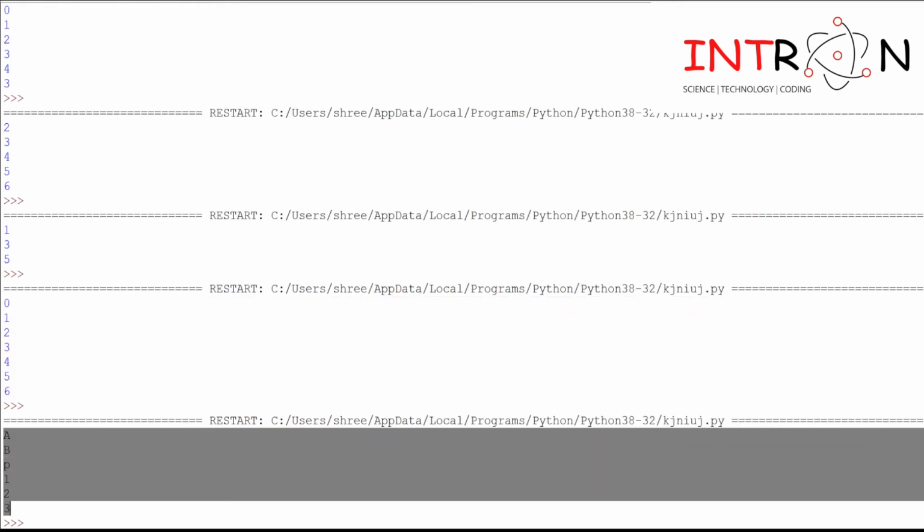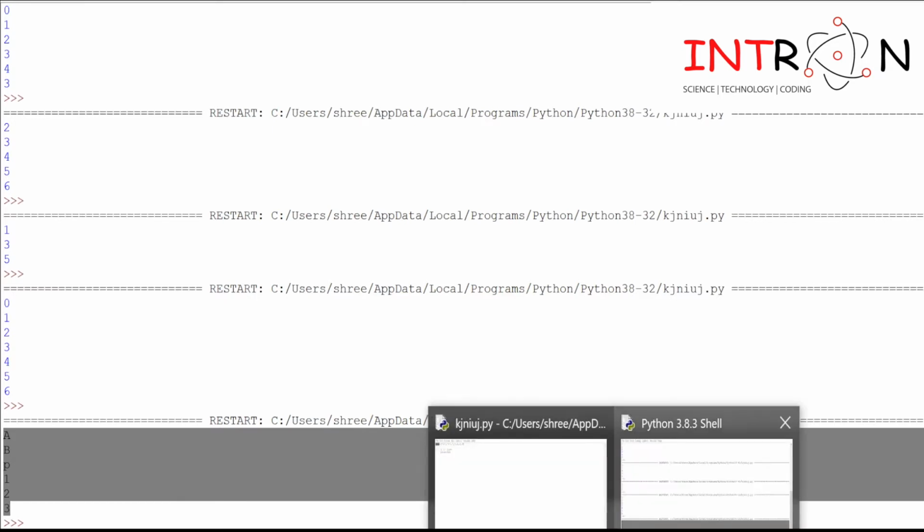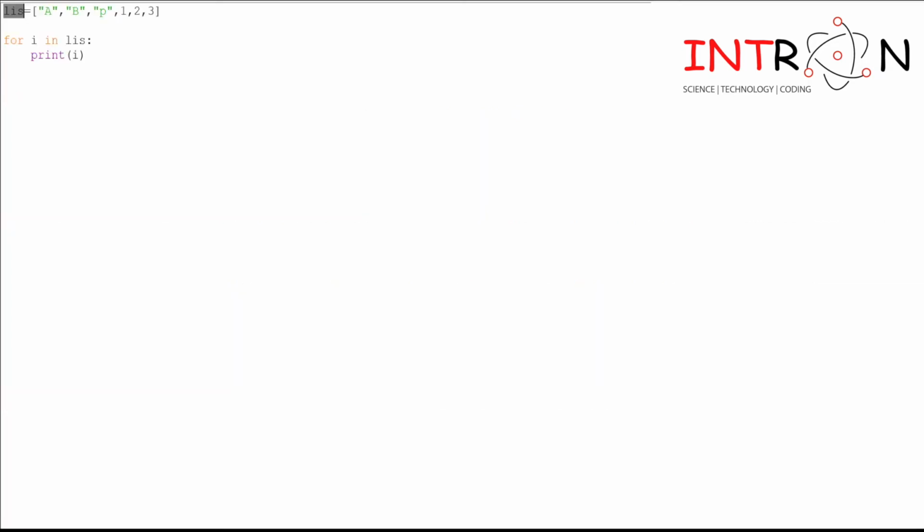Now let's go to our next concept. Let me cut this first. If you have one string called str, I will pass intron, that is our channel name. What if you want to print one letter at a time from this string?